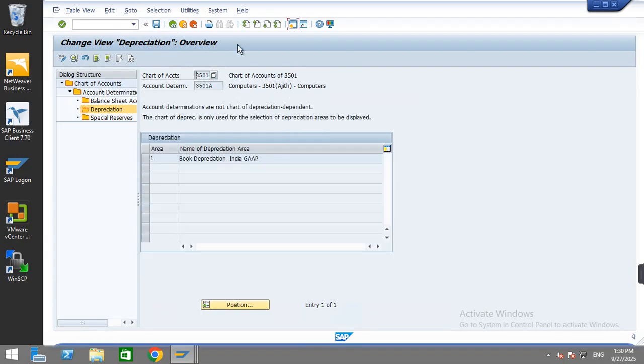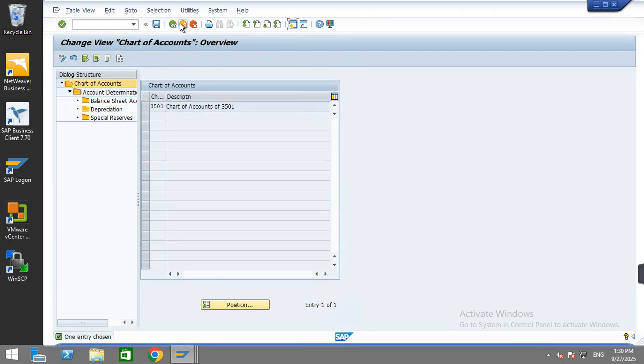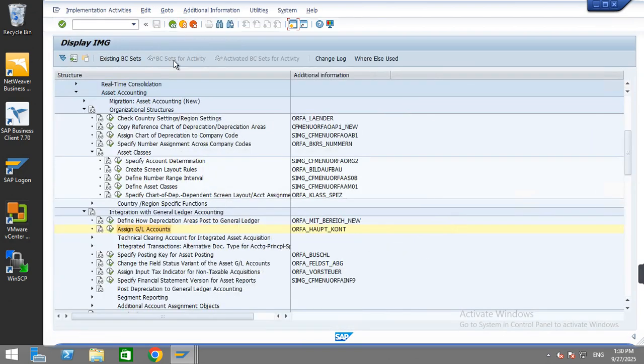Clear on this? That is how we assigned the depreciation areas, how we did the integration. So this is how you do the integration. Okay, clear on this? Okay, now